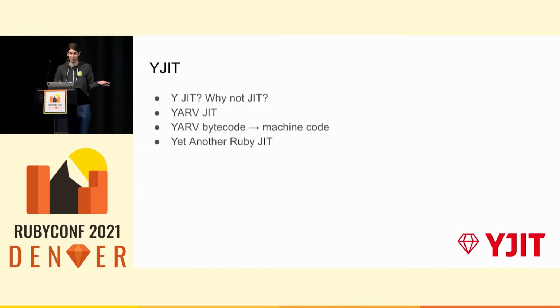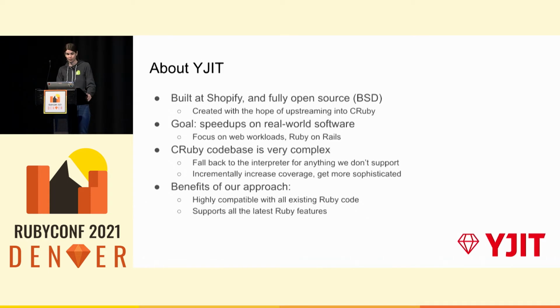The name stands for YJIT because it compiles YARV bytecode into machine code, or also Yet Another Ruby JIT, because it's far from being the first attempt at building a just-in-time compiler for Ruby. This project was built at Shopify, it's fully open source, and was created with the hope of eventually upstreaming and merging it into CRuby. The objective is to produce speedups on real-world software. For us, real-world software means largely web workloads like Ruby on Rails,